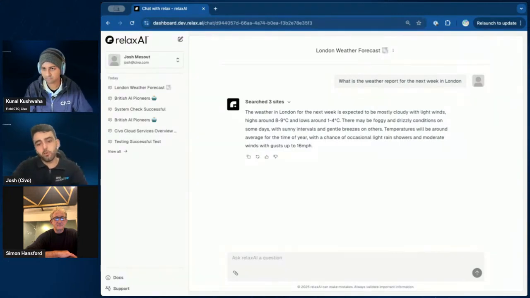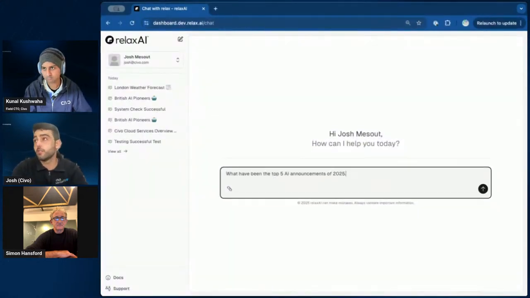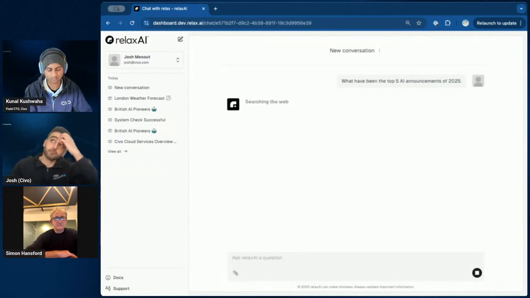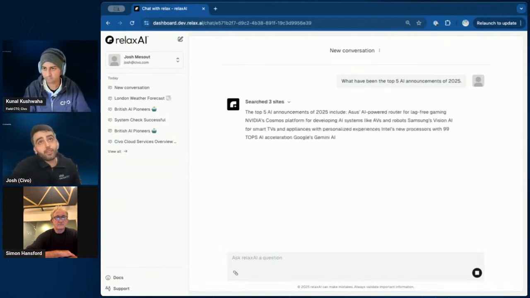Let's add one more onto there, which I think would be very impressive, which is, why don't we look at what are some of the AI advancements that have happened in 2025? We're about 15 days into that. I think that's a lot of very new concepts that we'll be able to do. And then Relax is also taking all of this data, mining it, understanding what's relevant to your question and refining the output directly back to you as a user. You can see here,